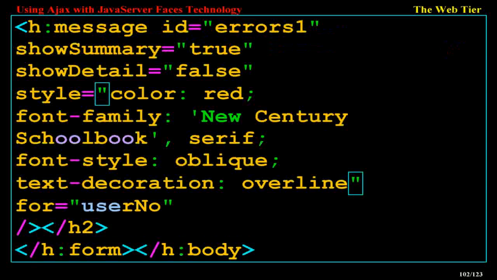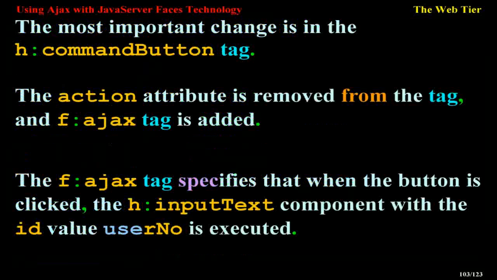h:message id="errors1" showSummary="true" showDetail="false" style="color: red; font-family: New Century Schoolbook, serif; font-style: oblique; text-decoration: overline" for="userNo" /></h:form></h:body>. The most important change is in the h: